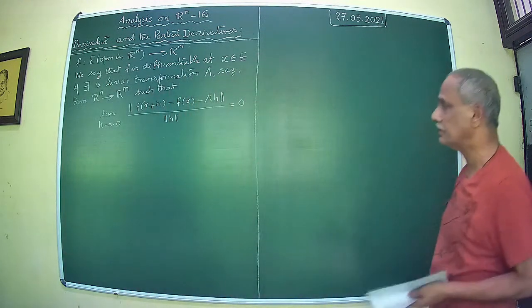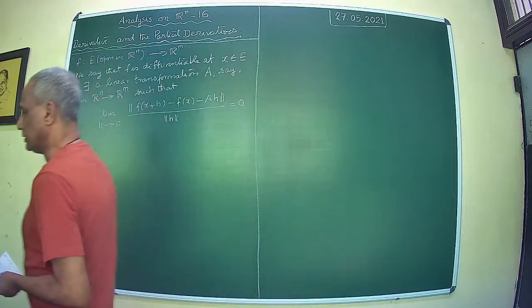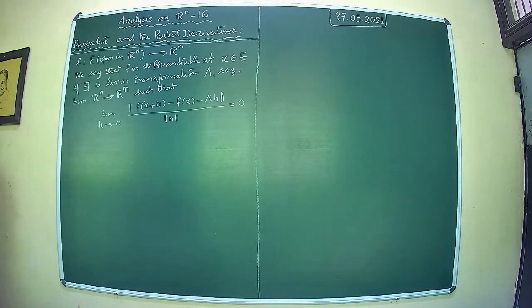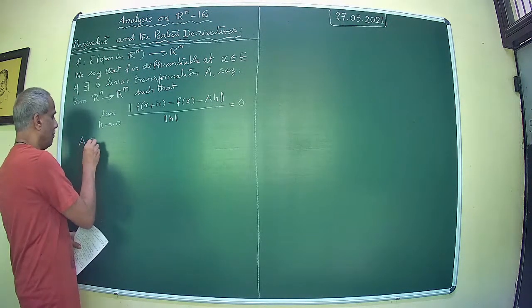Now this is the definition of differentiability. If such a linear transformation exists, then we say that f is differentiable at x. So A is essentially an element of